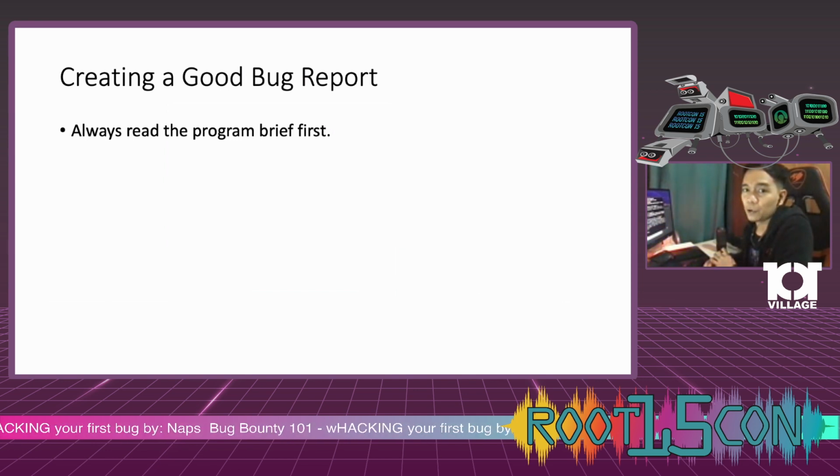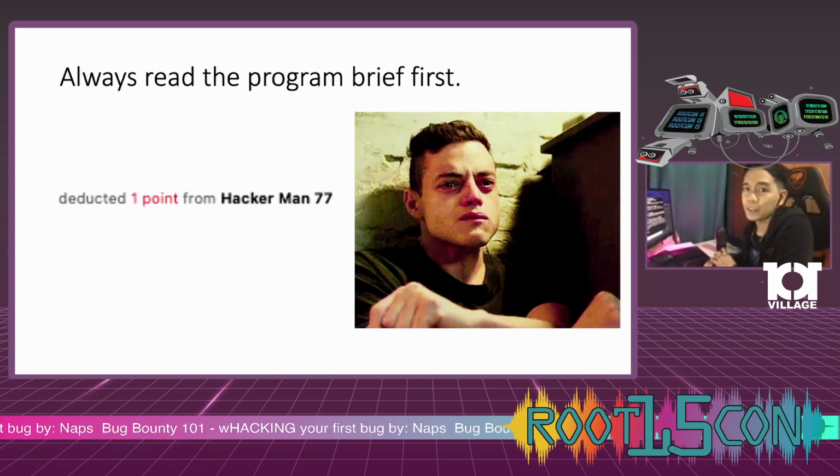Always read the program brief first, to prevent point deduction. Okay, so always target the in-scope target. If there's a chance that you bump into a target or a bug that is not in the program brief and you think that it's a critical bug, kindly ask the program owner or the bug bounty platform's support team before you create a report. Okay,